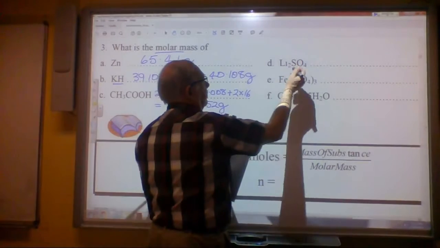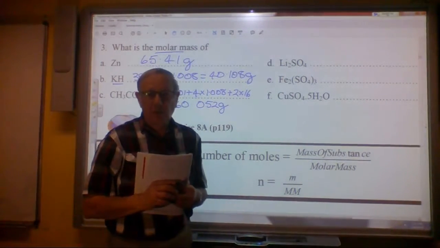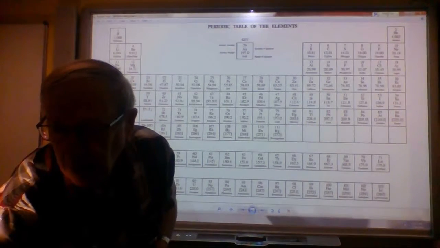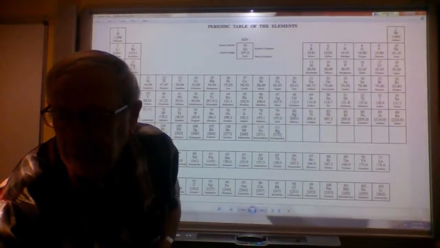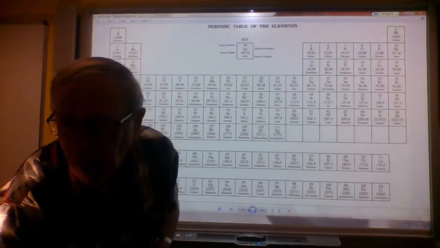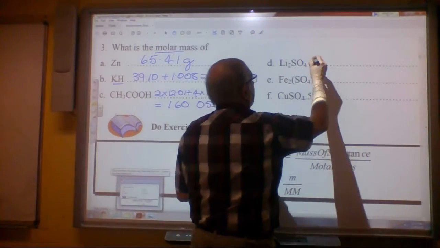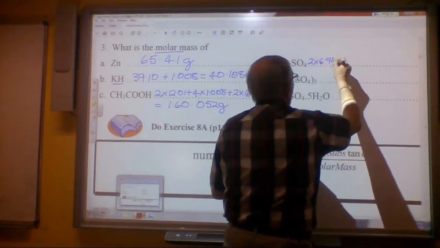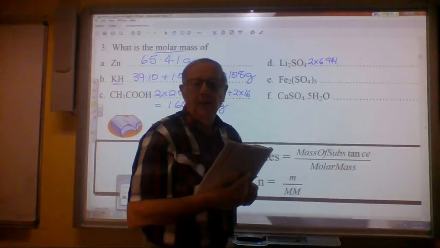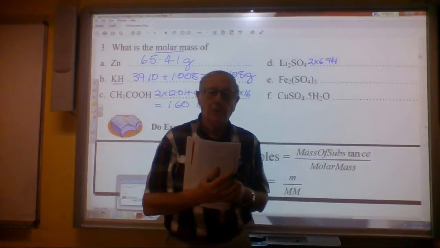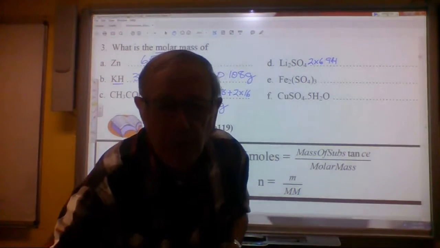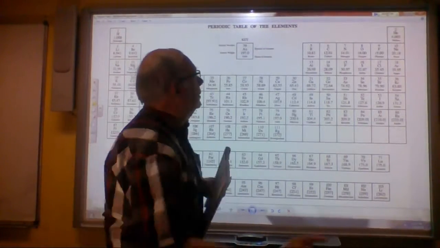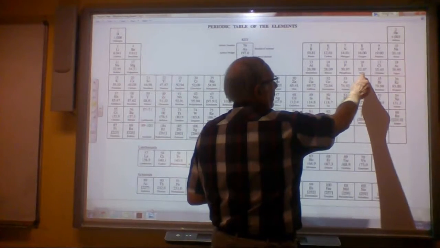Over on the next one, lithium sulfate. Li is lithium, and just checking where that is in the periodic table. Lithium is in group 1. Okay, this is group 1, group 2. So lithium there, as you can see, is 6.941. We've got 2 of those, so 2 times 6.941. Then we've got S. Now, S is the symbol for sulfur. And again, checking that out in the periodic table, we go up here to sulfur, and we can see that that is